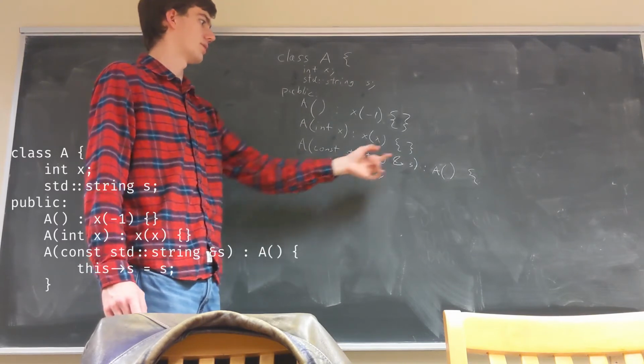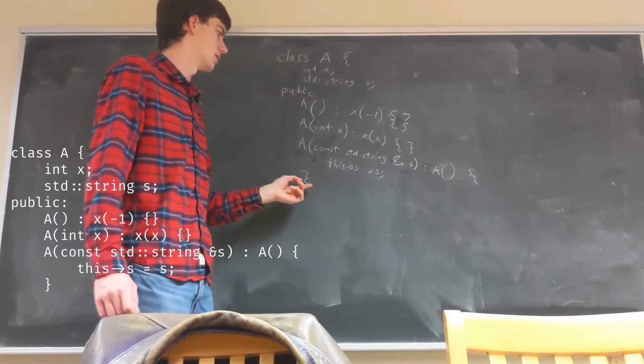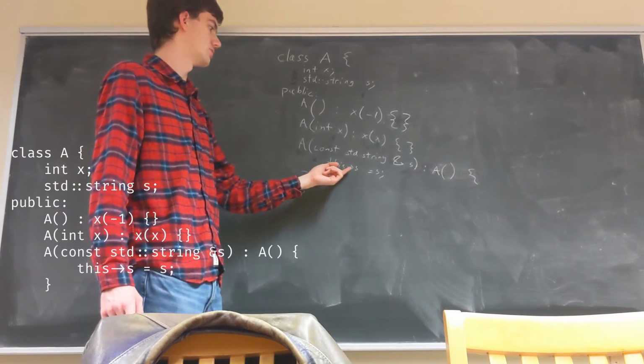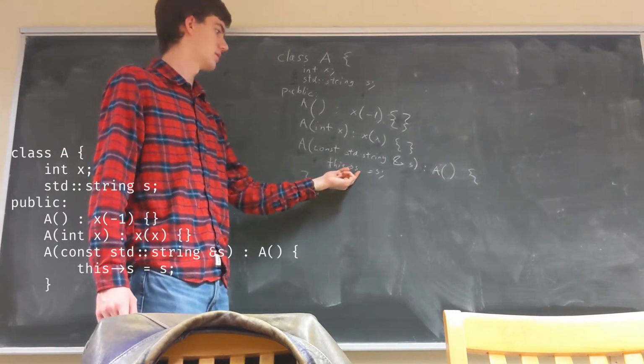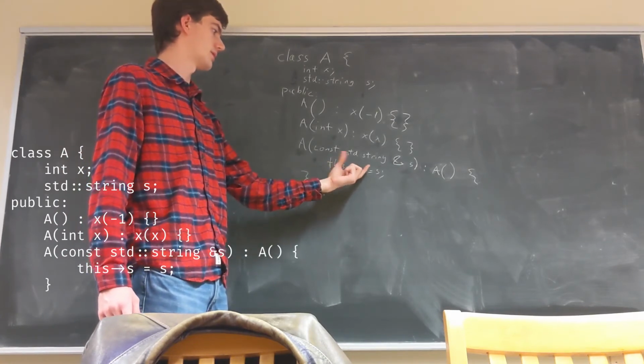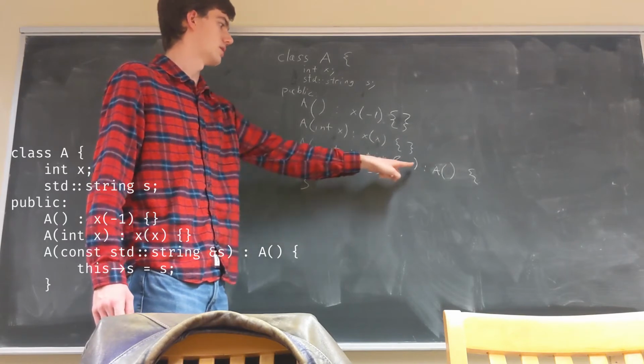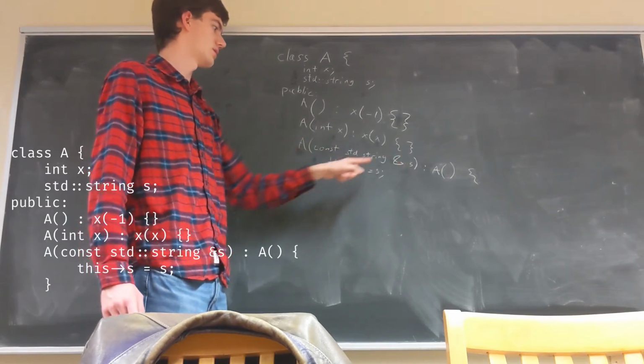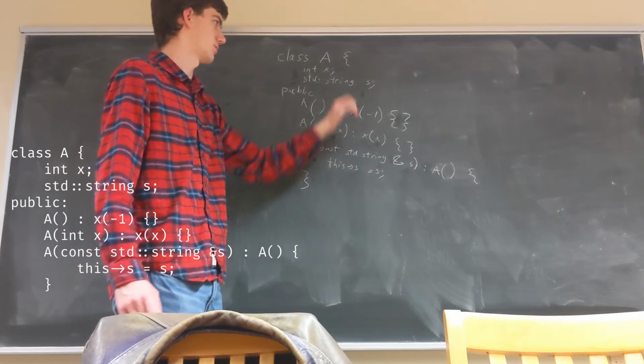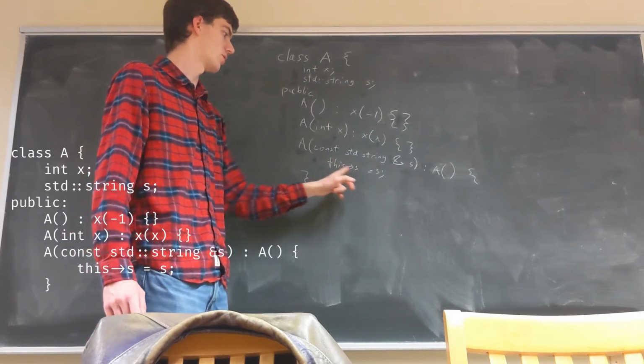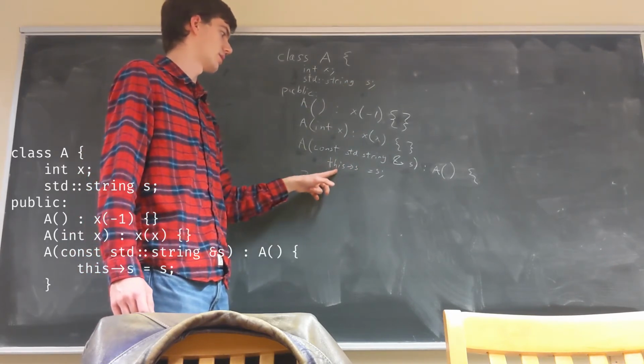And in this case, because we're in the body of the constructor, we need to specify, because by default, if we just say S, it looks in this scope and finds an S in this scope. But in this case, we don't want to talk about that S. If we want to talk about that S, we have to qualify it by saying